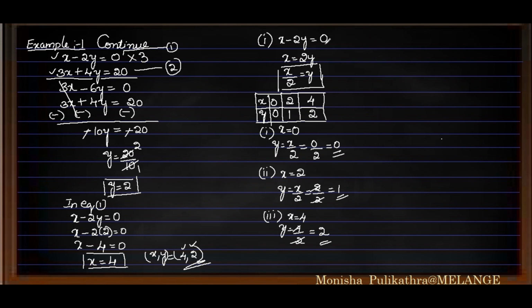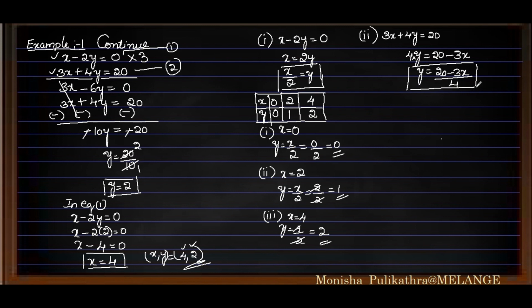Right. So next, in a similar fashion, you need to solve for the second equation. The second equation is 3x plus 4y is equal to 20. Now we need to rearrange it so that it comes as y is equal to. So first write 4y as it is, is equal to 20. Shift plus 3x to the right hand side. It will become minus 3x. Next, the equation should be in the form y is equal to, so I am shifting this 4 to the right hand side. It will become y is equal to (20 minus 3x) divided by 4. So this is the equation.